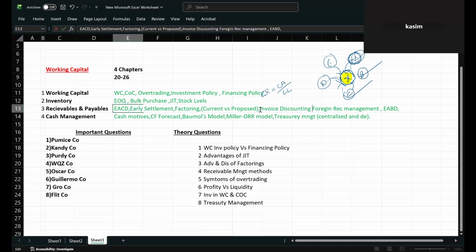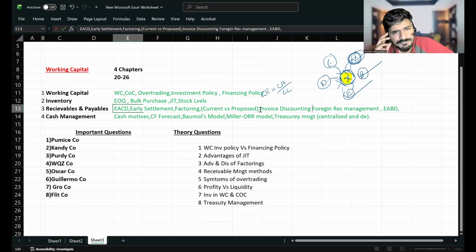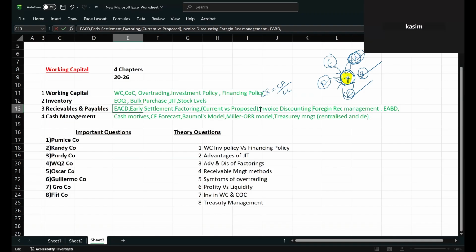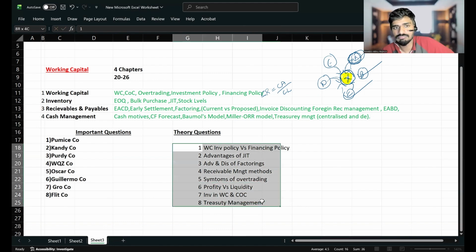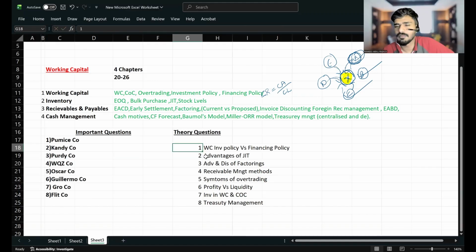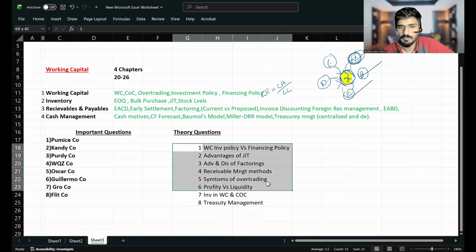Sir, do these eight C-type questions cover all varieties of questions in working capital? Yeah, I have discussed eight questions here, right? These are the most important questions. I cannot tell you the whole thing. Most probably one among these should be tested, but I cannot give a 100% assurance because there are certain